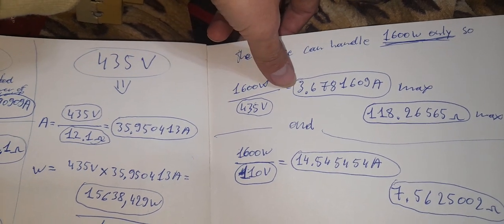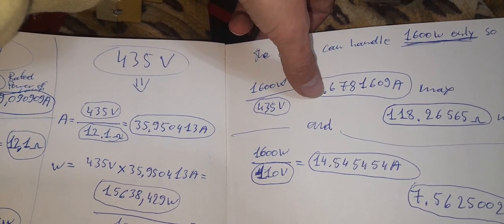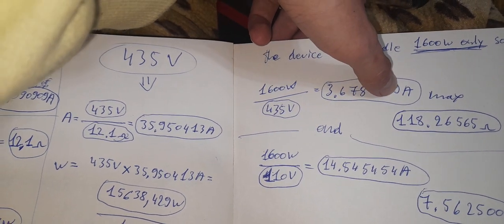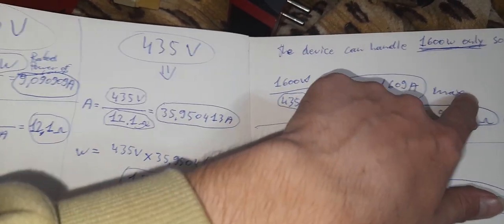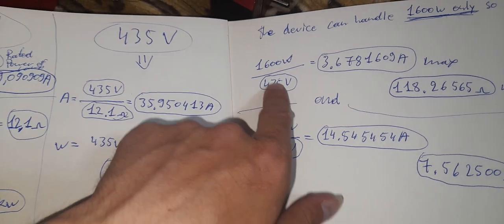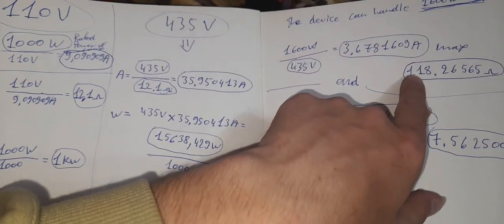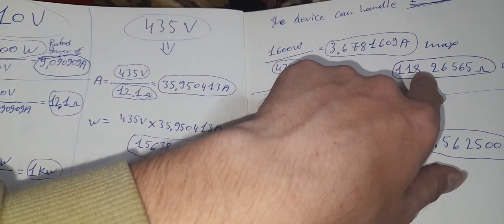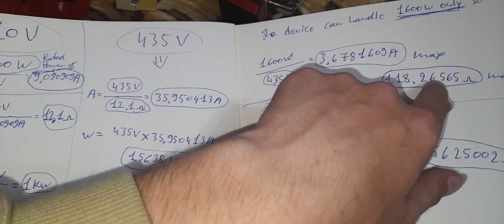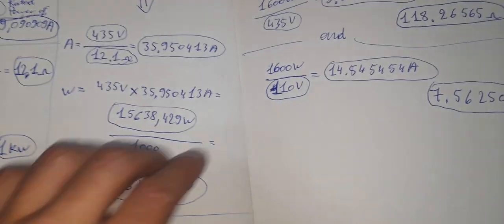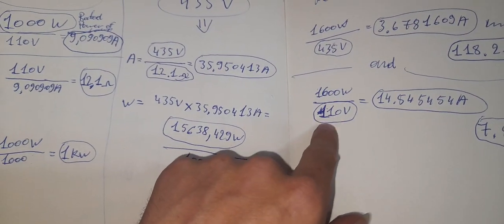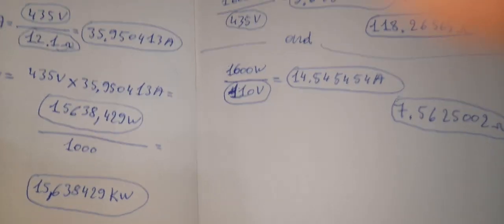Equal to 3.678 amps maximum. So to find the ohmic value, as I did with those, it was 118.26565 ohms. And for 110 volts that is designed here,